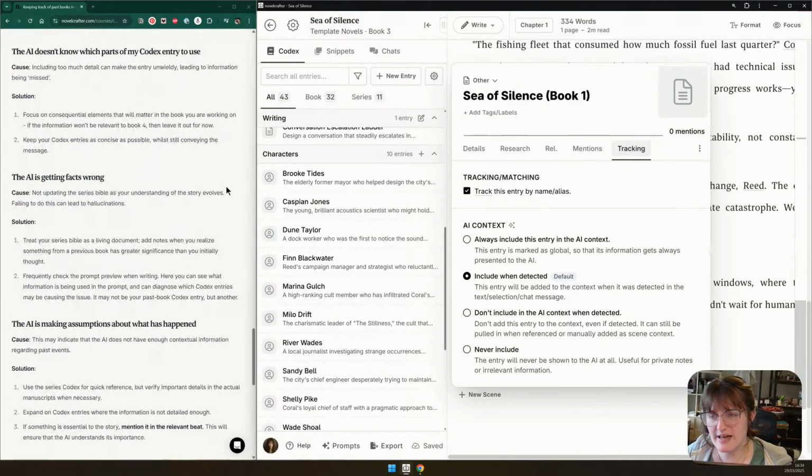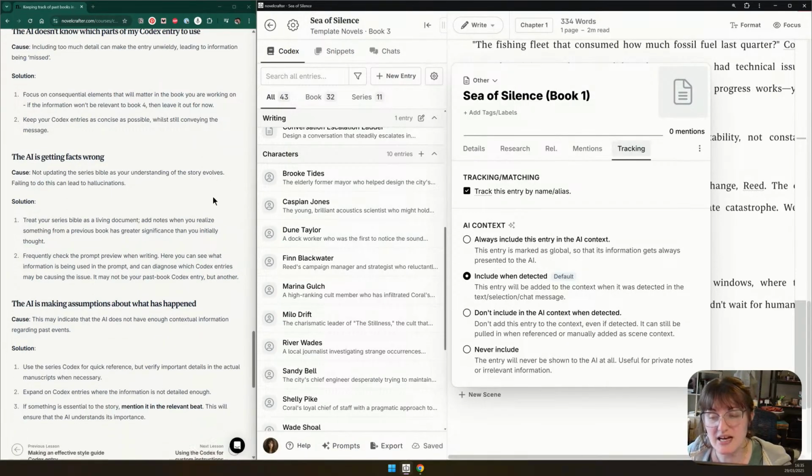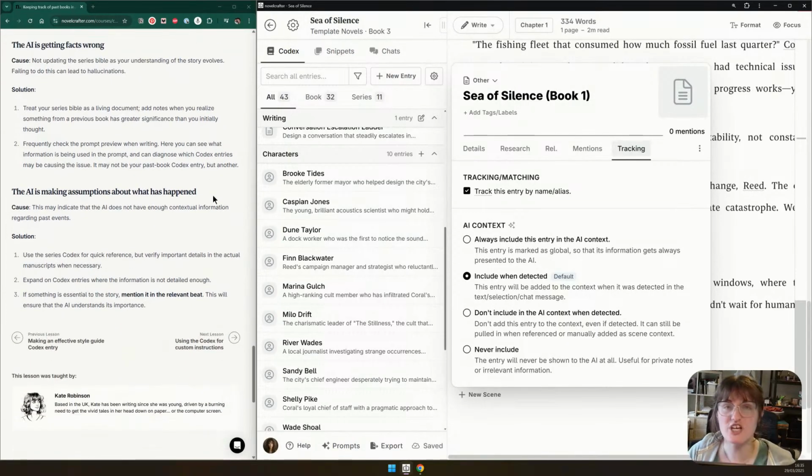If you find that the AI doesn't, in quotation marks, know which part to use, or it's struggling to use the information where you need it, consider trimming down the entry. It may be that it's too big. Like, if you've ended up doing a long 3-page summary of the book rather than key facts, that might bog it down. You can also check the prompt preview